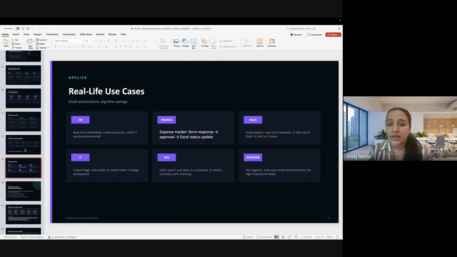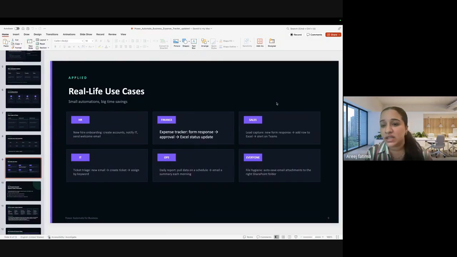So we can use it in finance, because mostly we use it inside finance, because in finance we can have a lot of human errors. Their tasks are very critical, like the numbers and all these things, and that needs to be 100% accurate. So that's why we prefer to use RPA for the repetitive processes, anything that is going to happen.